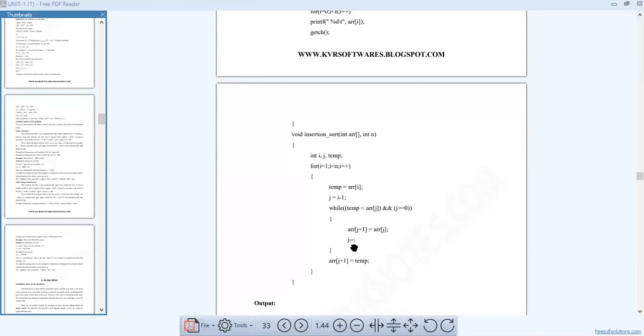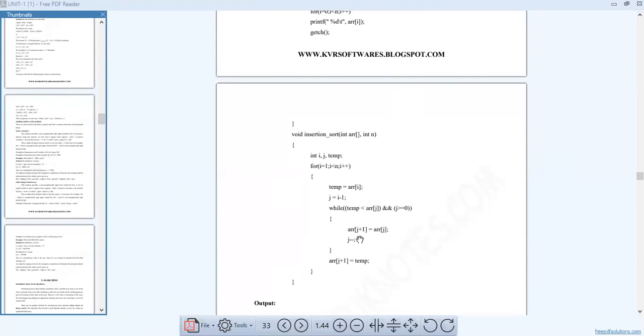So if the value is minus 1, is it possible to find the element? Is it possible to sort in the list? Because there is no minus 1 index in the list of elements. If minus 1 arises, what will happen? Nothing. That means the loop will be terminated. Why do we need to write j minus minus, sir?